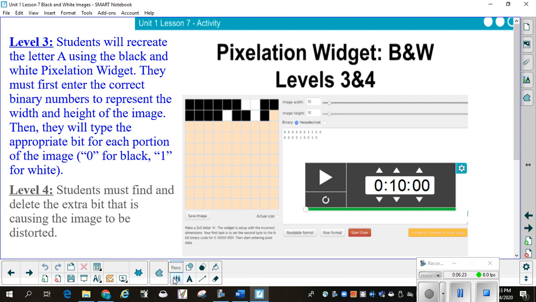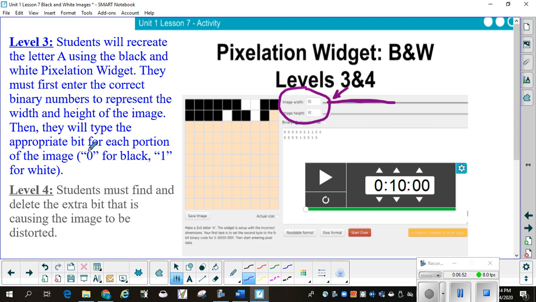Let's get this guy going. Right here is where you've got your height and your width. You're just going to take the little slider and you can move it out and back wherever it needs to be. Okay? Then you're going to enter a 0 or a 1. 0 for black, because black is the absence of all color, and 1 for white, as white is the presence